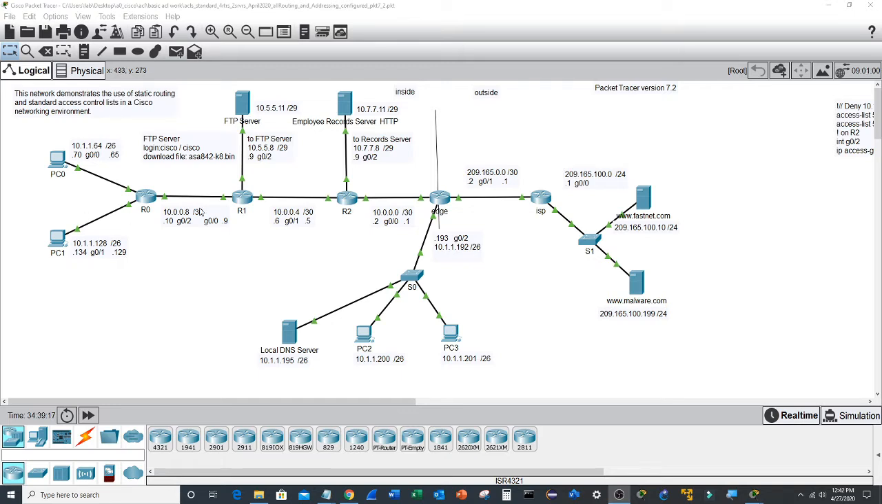We have 4 servers that we want to access: the FTP server, the employee records server, the Fastnet server on the outside, and a malware server on the outside. We also have an internal local DNS server, and that'll be used to access each of these 3 servers using the URL. The employee records server will be accessed using employee records. Fastnet will be accessed using www.fastnet.com. And the malware server will be accessed using